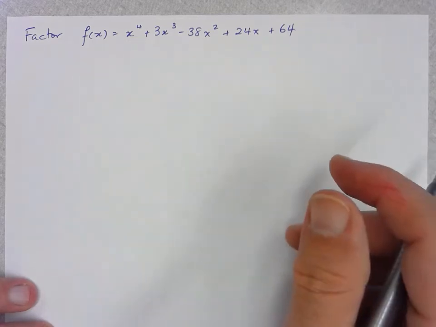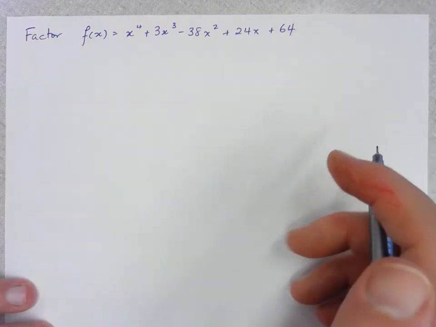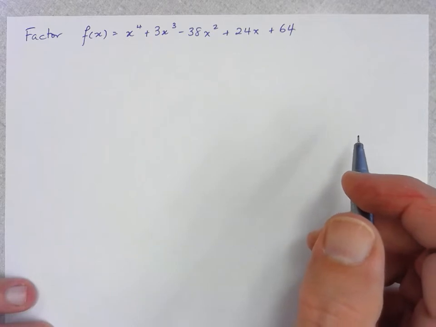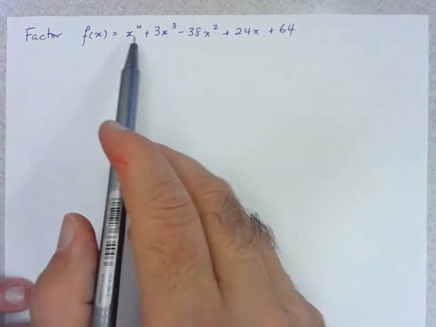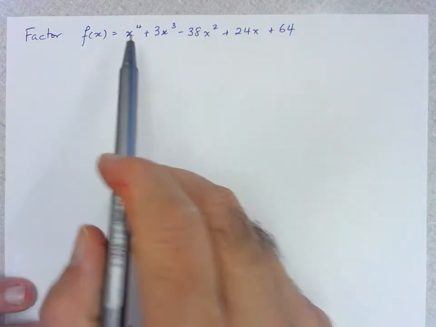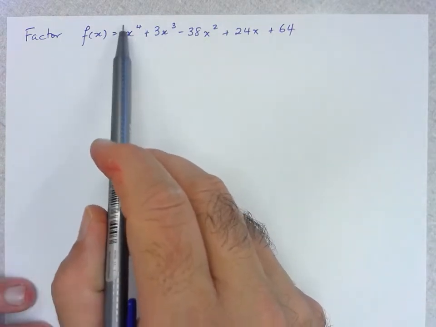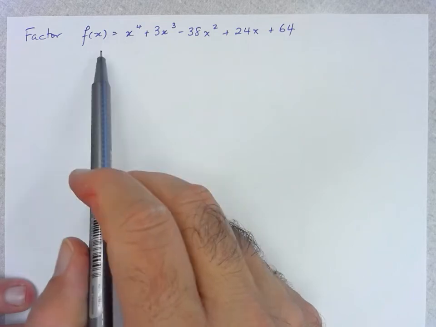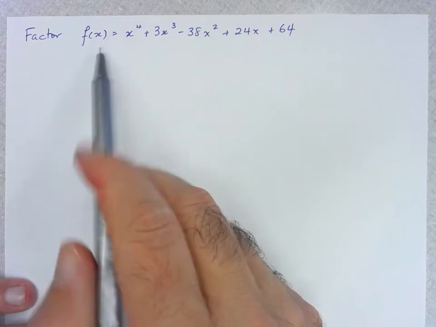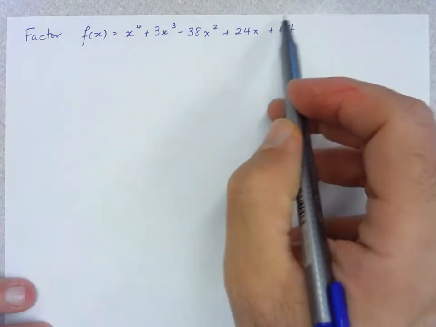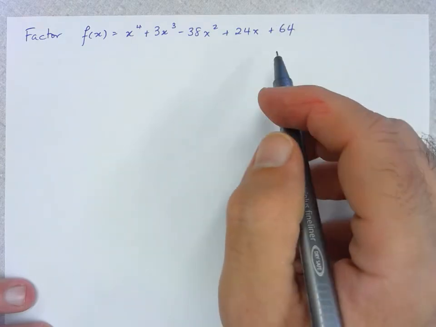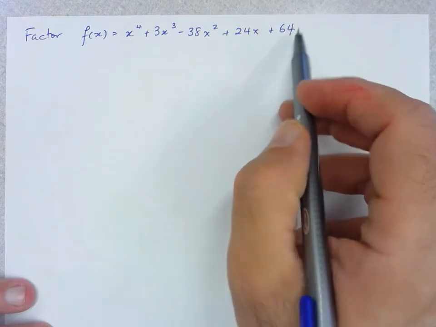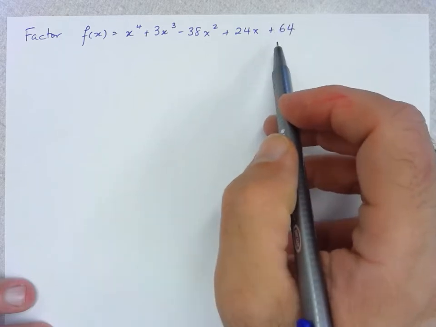Hi folks, we're going to take a look at an example of factoring a polynomial using the factor theorem and also synthetic division. So I take a look at this polynomial that I want to factor, and I notice first of all that the leading coefficient is equal to 1, so that's good. So what we saw was that the possible x-intercepts are going to be found by looking at the factors of the constant term, which in this case here